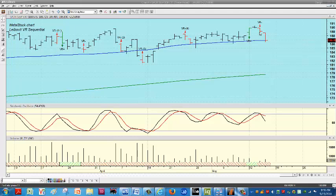NASDAQ 100, NASDAQ Composite, the Russell 2000. In fact, in the Russell 2000, I think about 40% of those stocks were in bear cycles. So the S&P and the Dow have been artificially held up and supported, perhaps through Janet Yellen's efforts. In any event, we are on a sell philosophy,